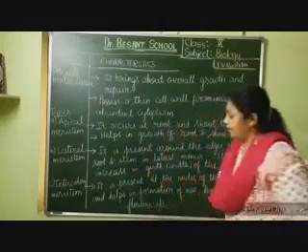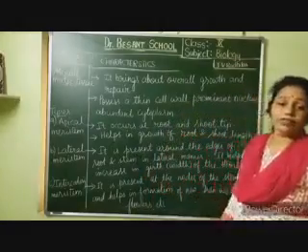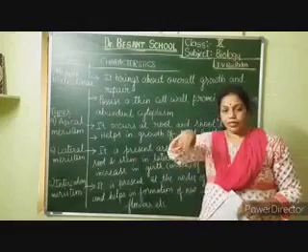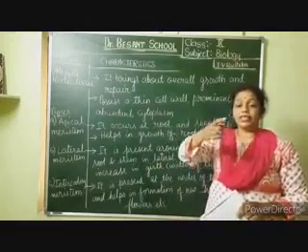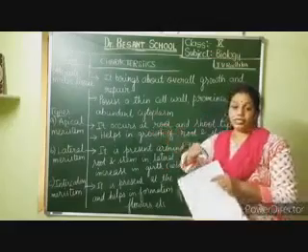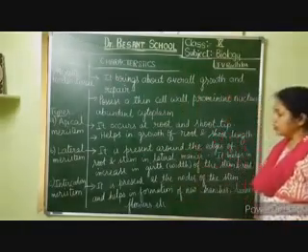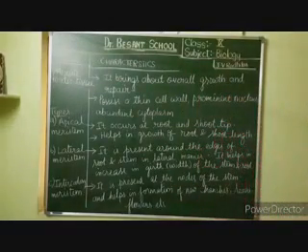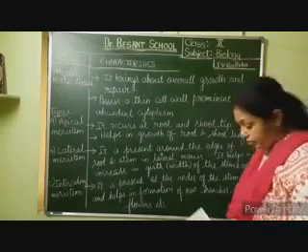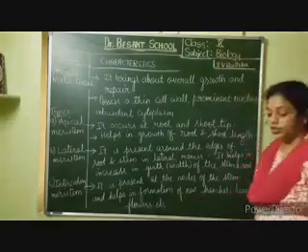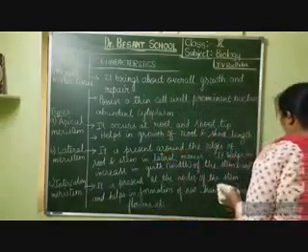etc. Okay, so the intercalary meristem helps in the formation of new branches, leaves and flowers, whereas the lateral meristem helps in the width or the girth of the stem to increase. The apical meristem helps in the height of the stem and also that of the root. Okay, so please note this down, then I'll give the diagram. So you all note this down, then I rub it off and give the diagram.